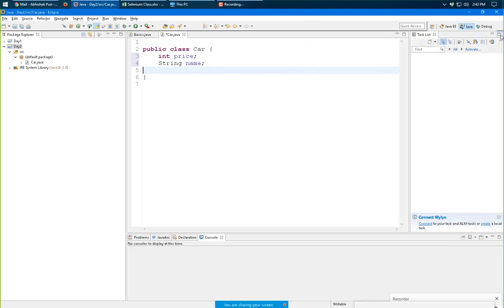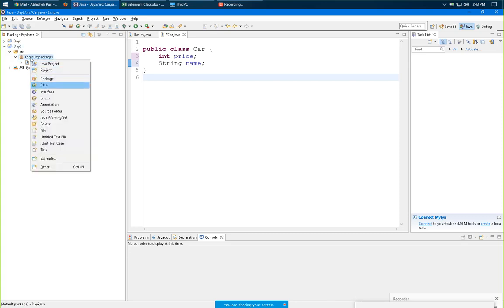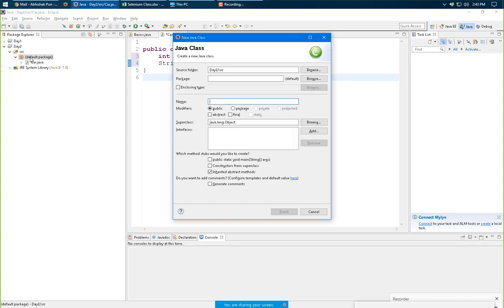So I created two variables here, int price and string name. Now to access that, we can create a new class, test car.